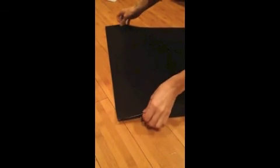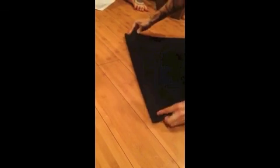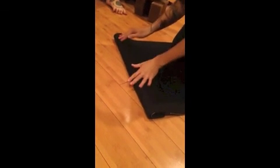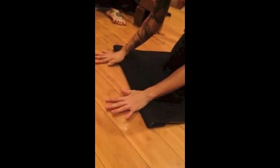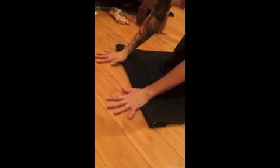If you don't have wedges, but you need a little lift for your wrist, you can fold the mat a few times so that you have a little bit of a lift to work with. And you want to use the mat in the same way you were using the wrist wedges, in that